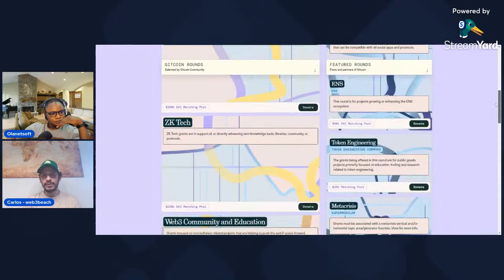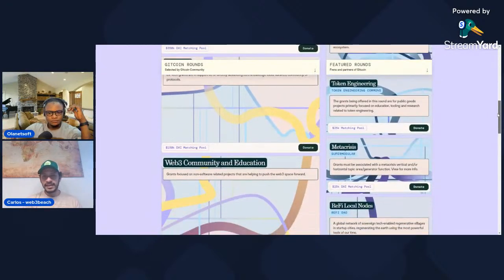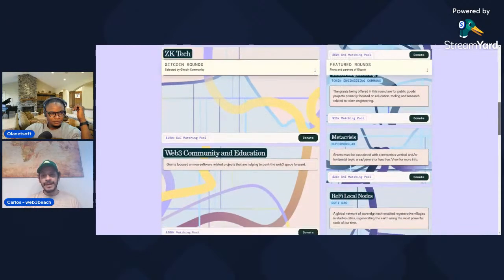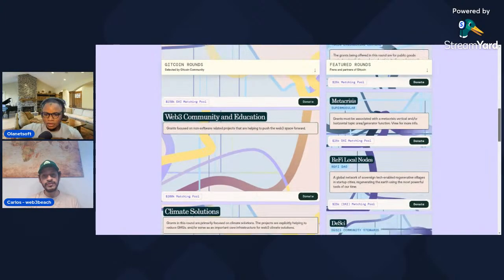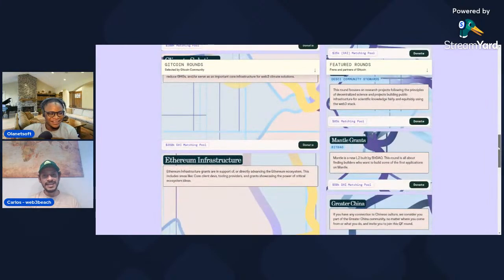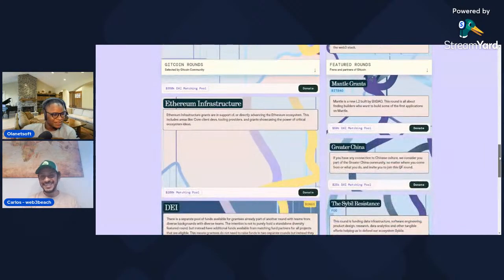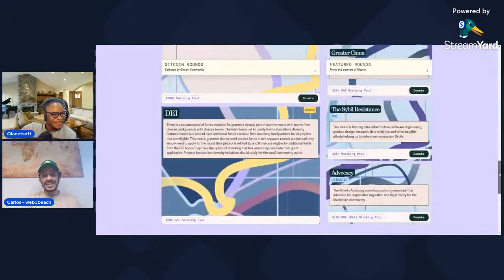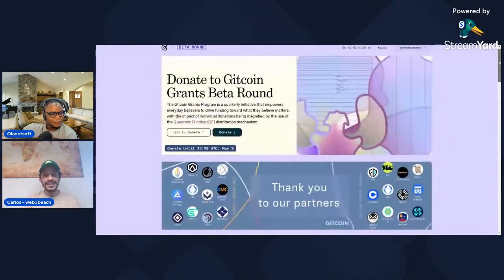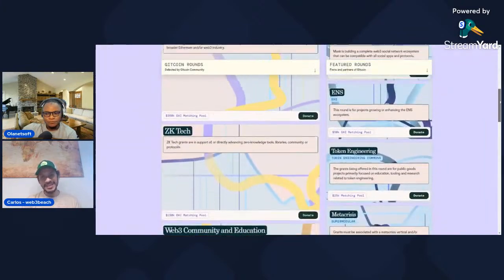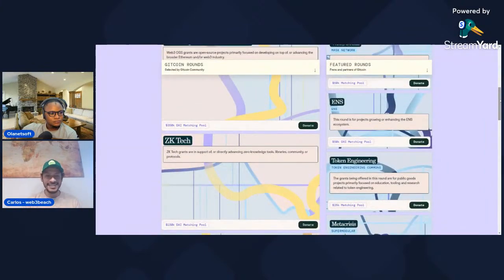I know right now one of the biggest challenges on this round is that this was deployed on mainnet, so it creates a little bit of a barrier because it is so expensive to make the transactions. I know we've spent a lot of gas already donating to various projects. So I can say that the team has acknowledged this. The team kind of recognized that this was a mistake. You cannot foresee what the gas is going to do, right? So the team is very aware of this